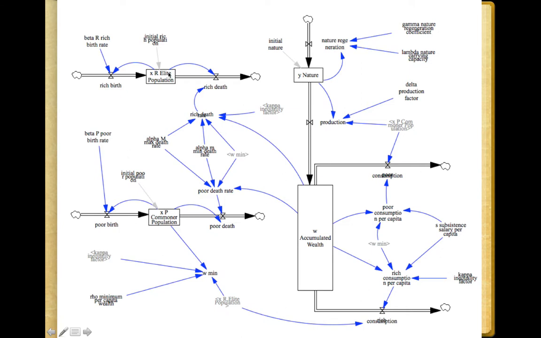Essentially, populations grow and die. The death is tied to wealth. Wealth is produced through consumption of nature, and in the consumption of nature, the commoners intervene, and nature is able to regenerate itself. So basically nature is renewable to some degree. So that's the general structure, and we'll go into more specific detail by looking at the Venson model for